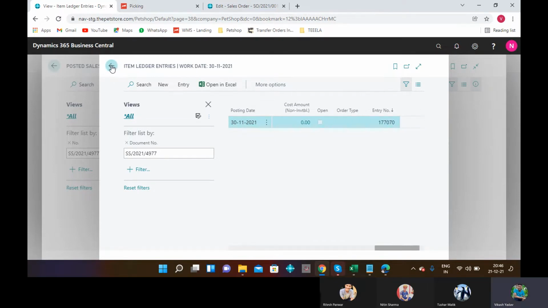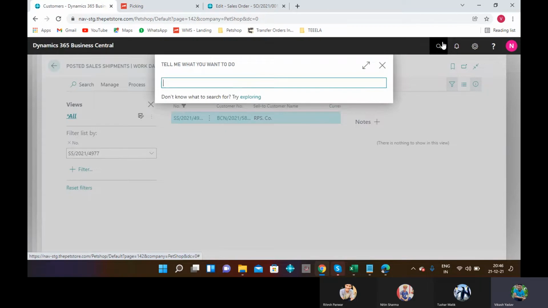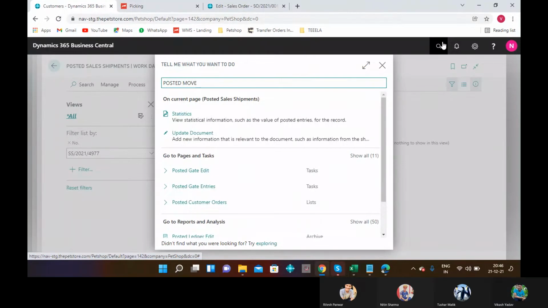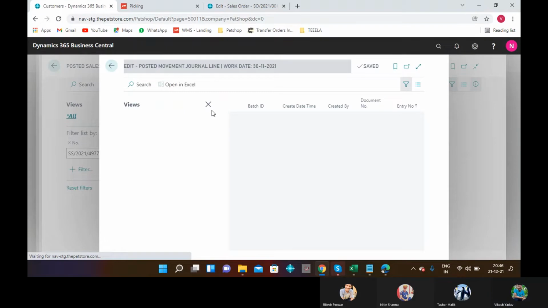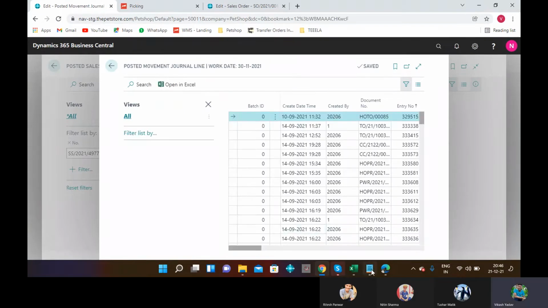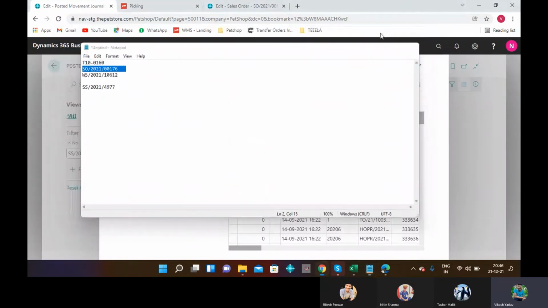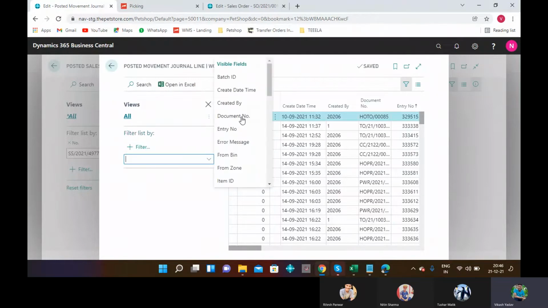And now we go to check our entry in posted movement general line. Movement general line. And go to select document number. So first copy our SO number and apply the filter of document number.